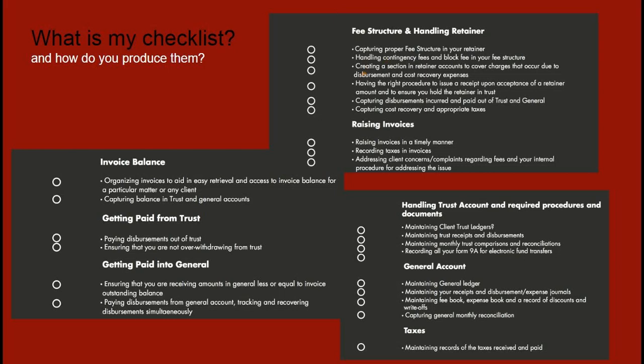Same thing applies to expenses. If expenses occur, you definitely want to capture them as and when they occur and ensure that your bookkeeping software is very much on tab. Because when you look at your general reconciliation, if you're paying for your gas expenses or your Law Society fees out of your general account, of course you want to keep a tab on that. Application fee disbursements too are captured within the general account.